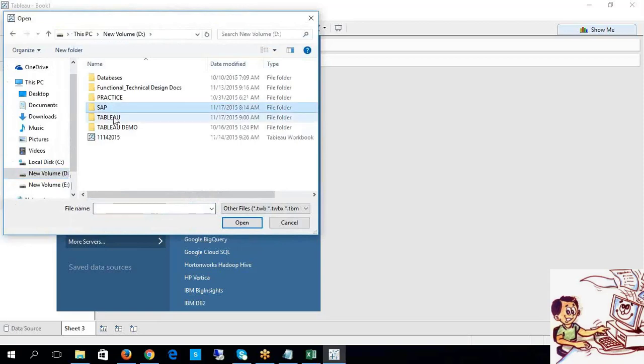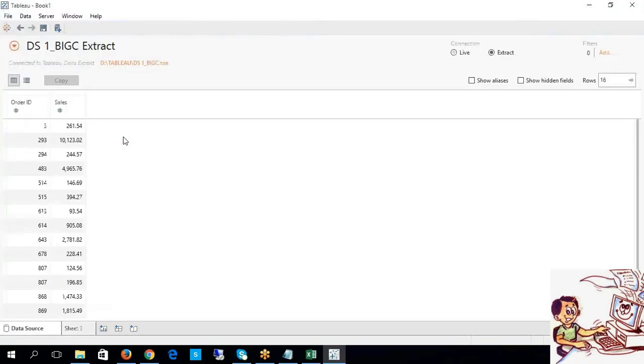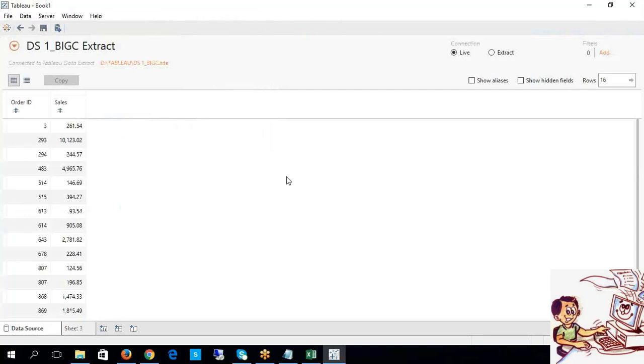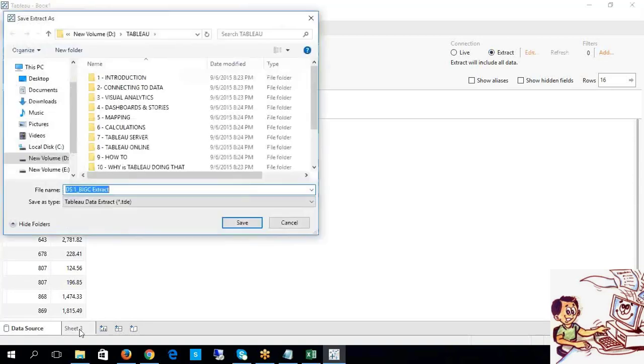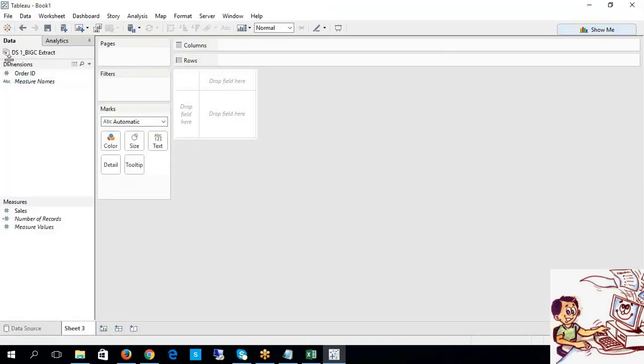Yep, you can develop the worksheet. Now see this time, what connection is it choosing by default? By default it will again choose live, but you are supposed to turn it into extract. Look at the iconic representation: that arrow symbol indicates you are extracting a file.